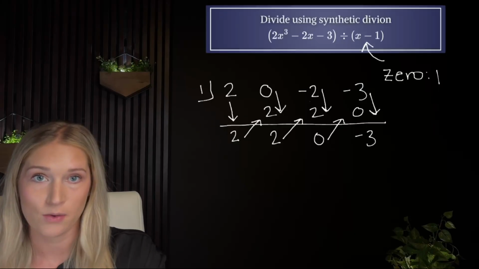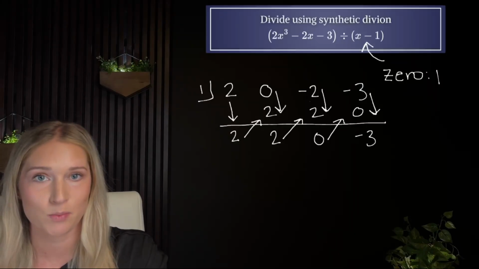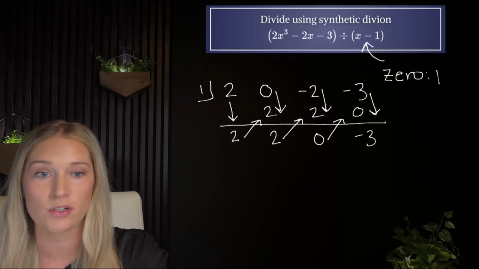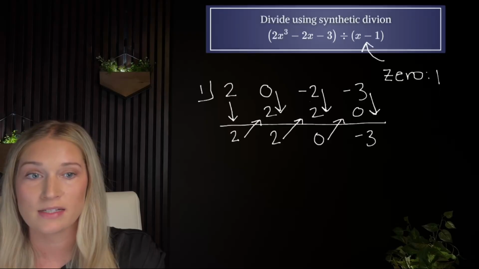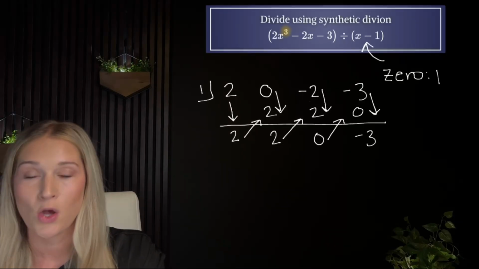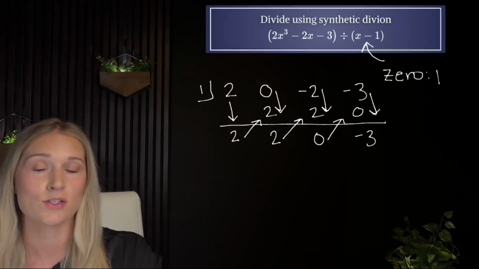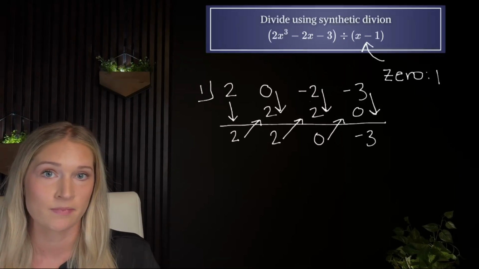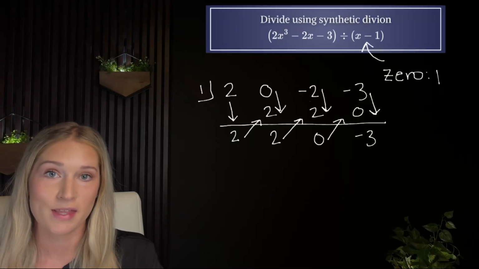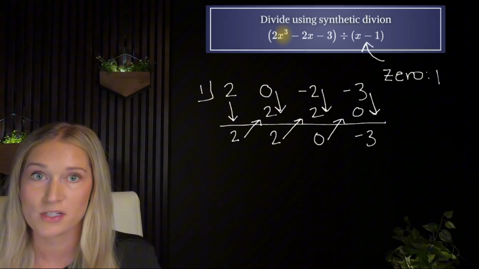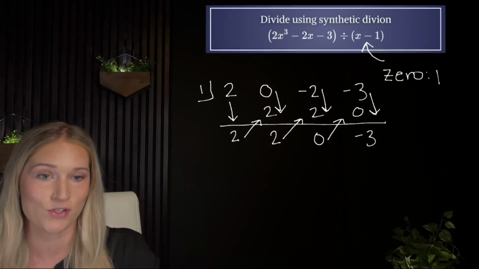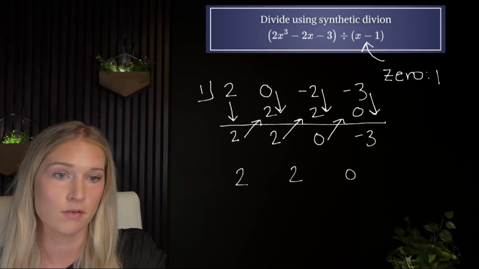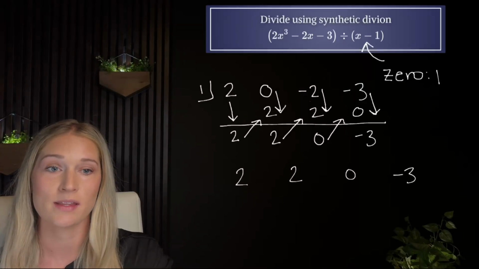All that's left now is to put these numbers back into my expression as the coefficients on the corresponding terms. Remember that we started with x to the third. That dividend initially had a degree of 3, which means that the degree of my quotient is going to be decreased by 1. So the degree of my quotient is 2. In other words, since I started with x to the third in my dividend, I'm going to start with x squared in my quotient. So my coefficients are 2, 2, 0, negative 3, and I start with x squared as